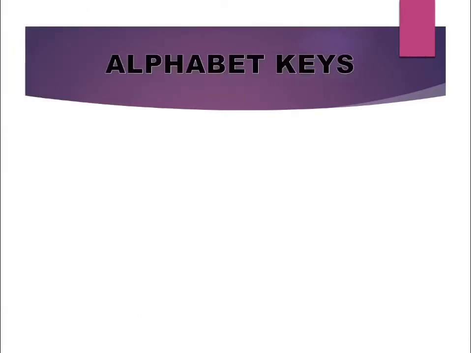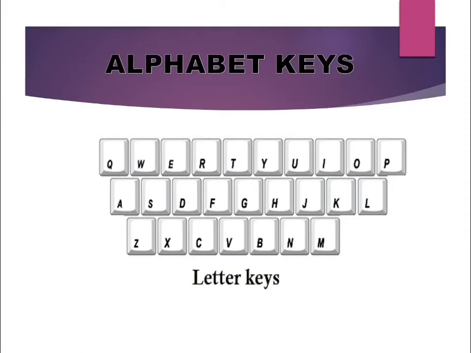Alphabet keys are the set of keys which start from A to Z. They are also known as letter keys. They are 26 in number like our English alphabet and they help us to type words and sentences in our document. Like the way you can see here the heading alphabet keys. All these typings are done with the help of the letter keys. The same set of keys is used for typing both capital letters as well as small letters.